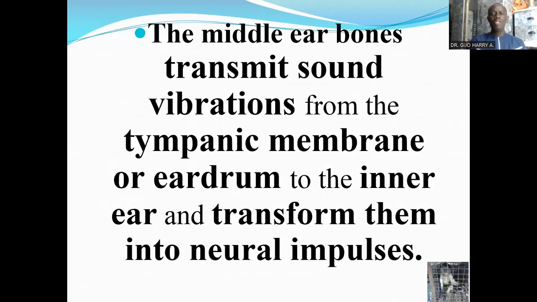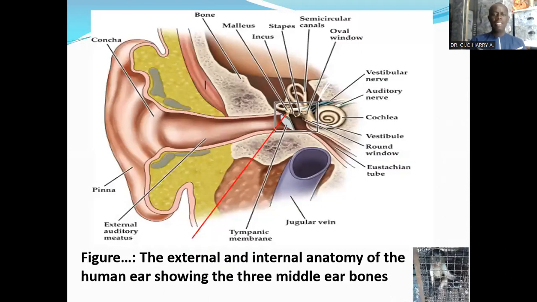The middle ear bones transmit sound vibrations from the tympanic membrane or eardrum to the inner ear and transform them into neural impulses. So the function of the middle ear bones is to transmit sound vibrations. Now here is a figure that's showing the external and internal anatomy of the human ear